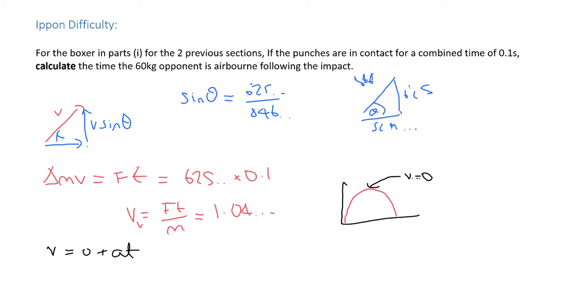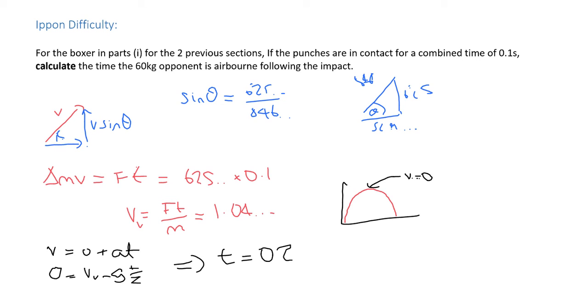So 0 is going to be equal to whatever it started with minus g t over 2. Remember, it takes exactly half the time to get to the top. So if we put in our 1.04 divided by 9.81 gives you t over 2, multiplied by 2 gives you a total time of